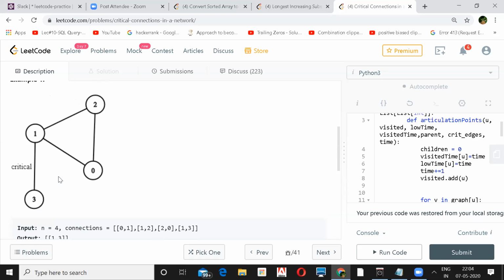Sorry, but a bridge is an edge. Yeah, sorry, you're right. This is a bridge. So he's asking us to find a bridge. Articulation point is also the same, like it's the removal of a vertex. Yeah, it is like you are finding a single vertex. Here you are finding a link, which is the edge. Edge, yeah. Okay.